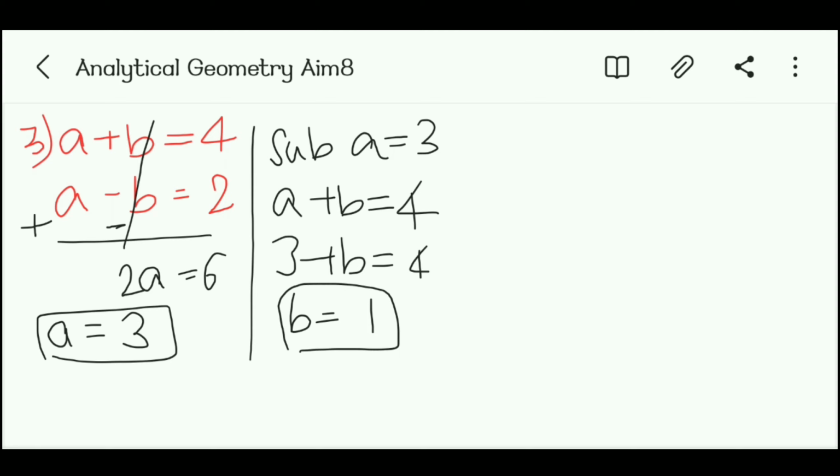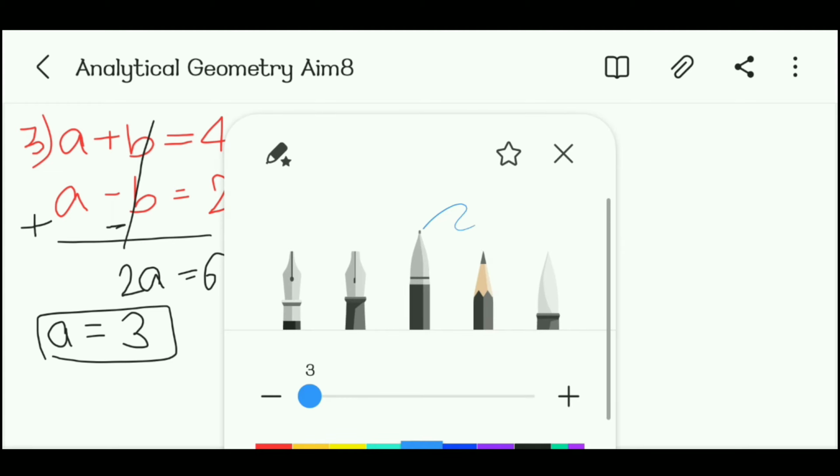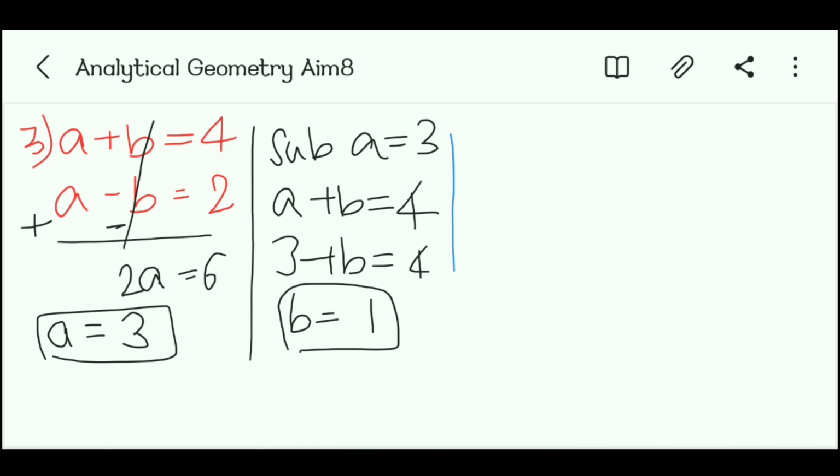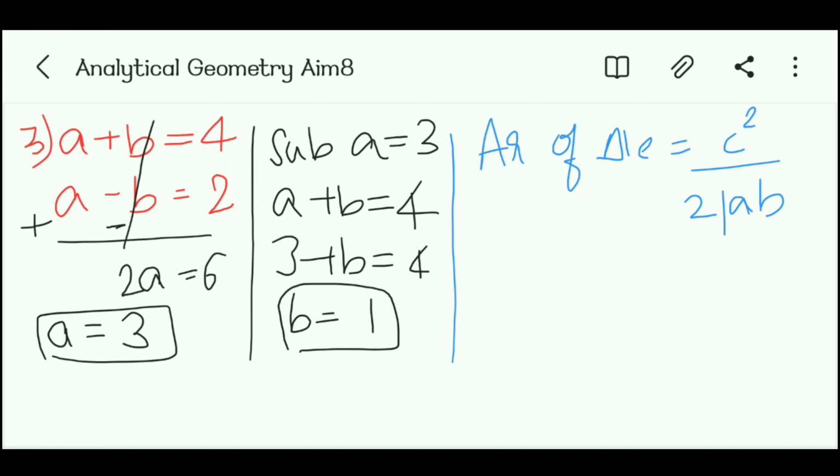Now what we will do is, we will find the area of the triangle. 1 minute. So how to find area of triangle? As you all know that we have to take the formula c square by 2 into AB, which is in modulus. Now how to do that? Simple. C square, it is no. Now we will take a different formula, because here we don't have C value, we are having only 2 values.